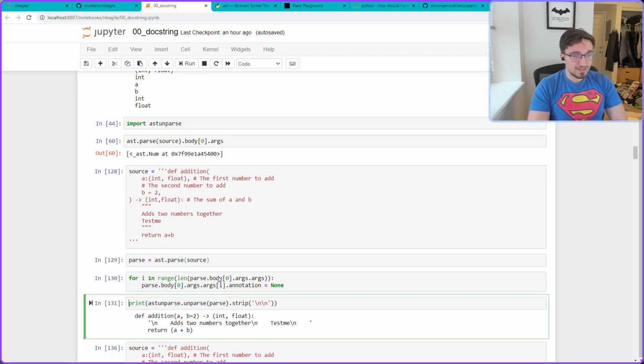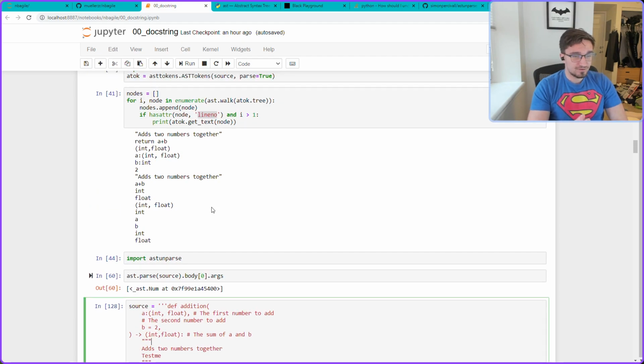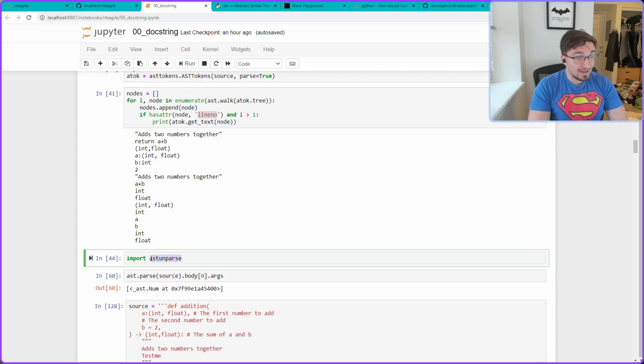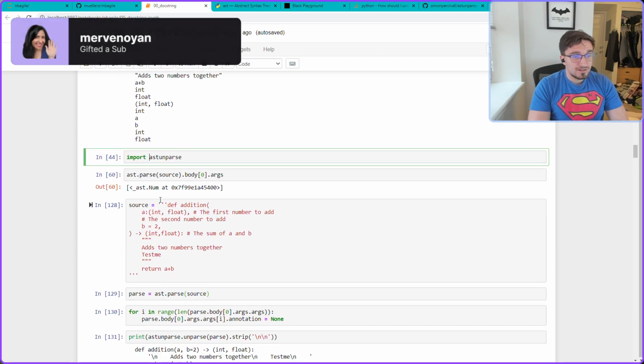So then I went, okay, well, that's great, but that's not quite what I want. Because really what I want is only return A plus B, and there's not a decent way to do that here. I could do @1, but as you add more and more functions, add classes and stuff, it's not consistent. I then found a library called Astonparse. Now,